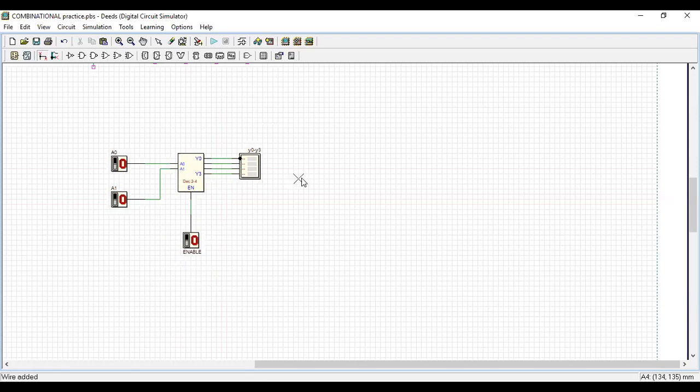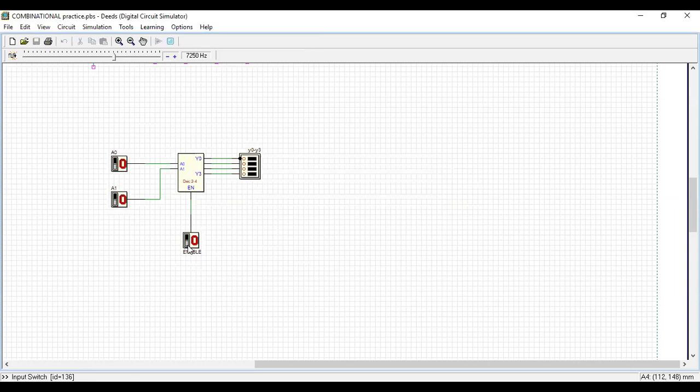So there will be ten decoders in series. If you enable the first decoder, the first decoder will be on. Then the next decoder, the second, will be on. So the logic will grow like that. Yes, now our circuit is also over. We will simulate it.